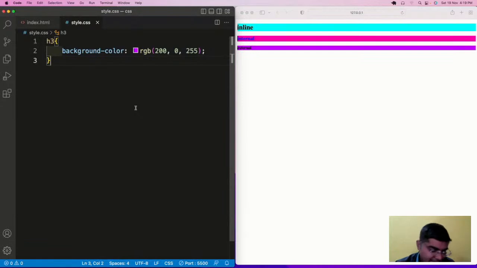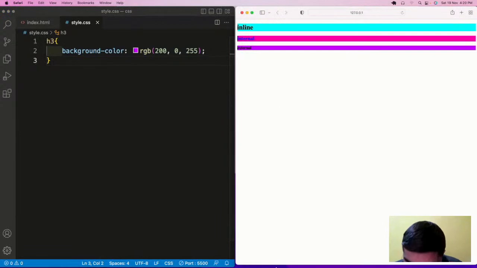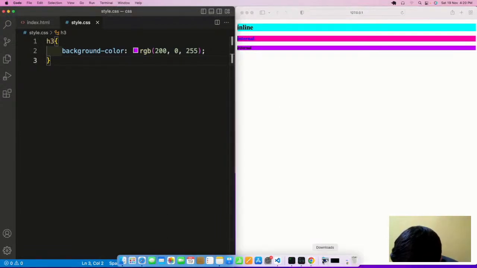So a human eye can see any color using a combination of these three colors only. Now let us see some websites for reference.